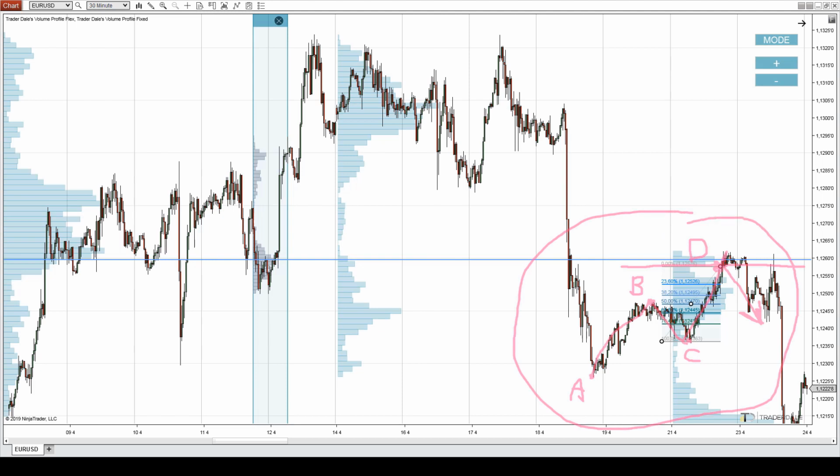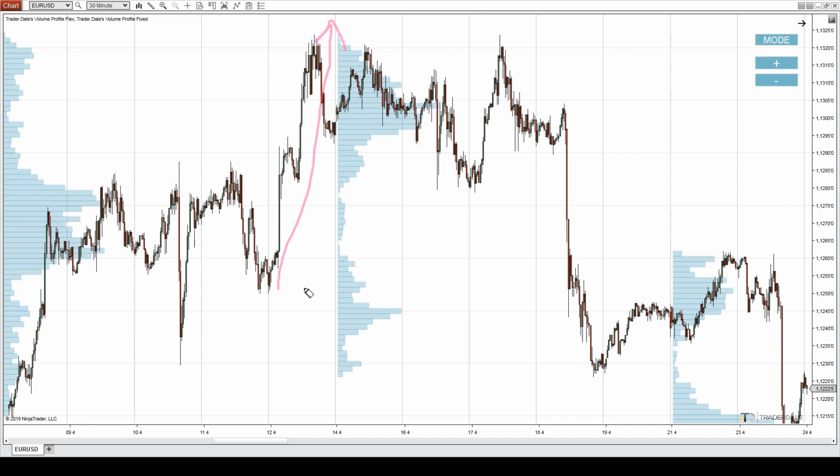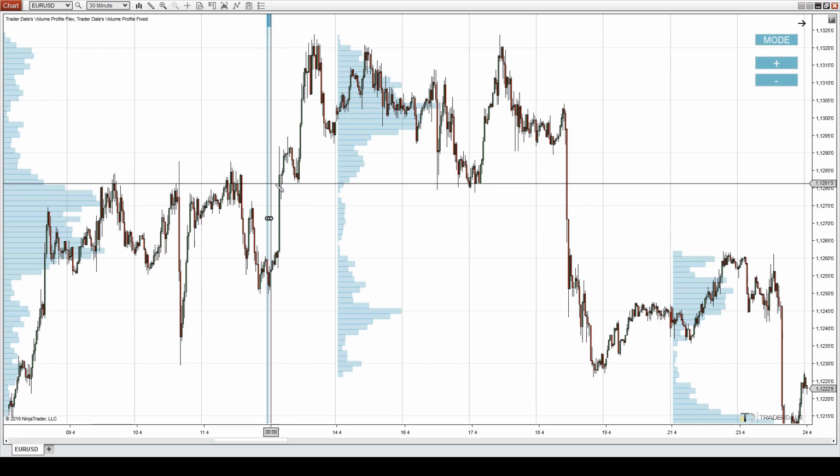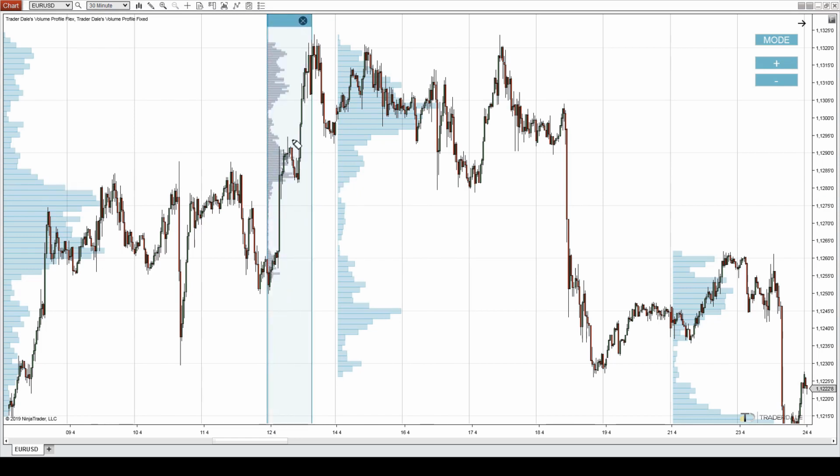Alright? Now let's have a look at this trend. This is a nice place to look for the trend setup. So let's have a look at how the volumes got distributed in here. Now in here, there is a strong volume cluster right there, heavy volumes here and here. And what I also like about this zone is how the price reacted to the zone in the past. It was rejecting this zone, so it was a resistance, and when the price blew past it, this resistance became a support. So currently this zone is the support,